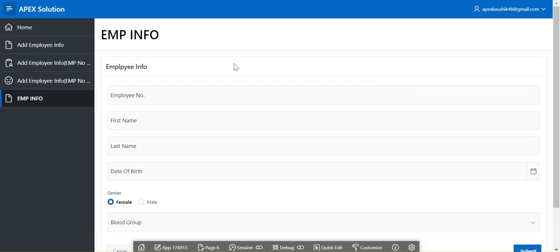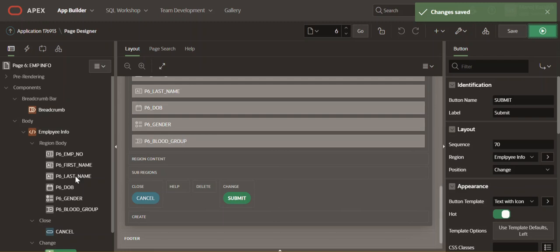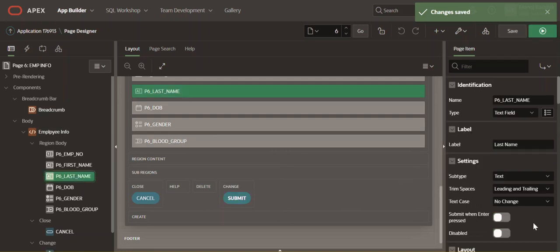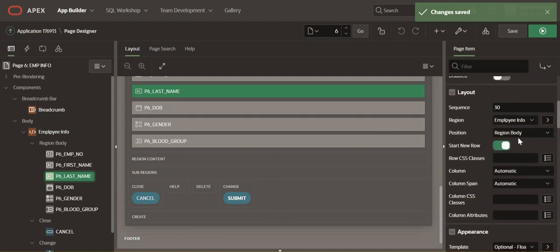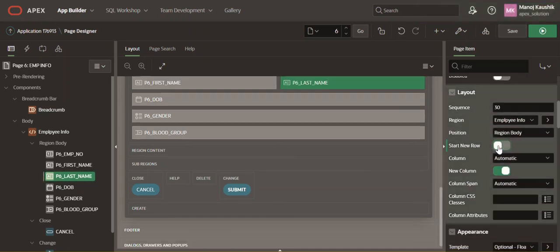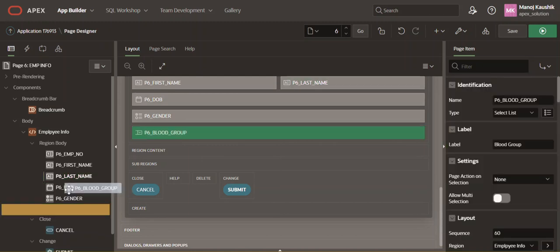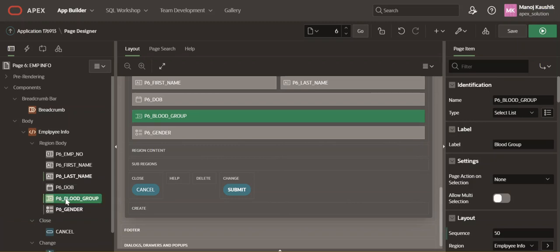now your form displays vertically. If you just want to display the first name, last name, date of birth, blood group, and male and female, you can just go there to last name and use this property. Just disable this start new row. You can drag and drop to the first,